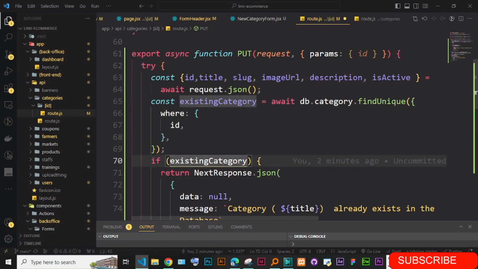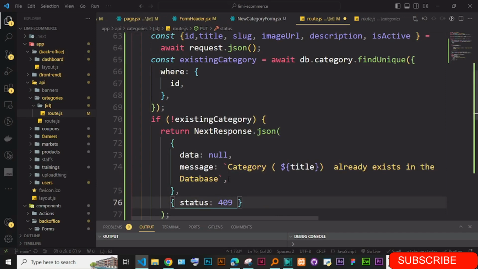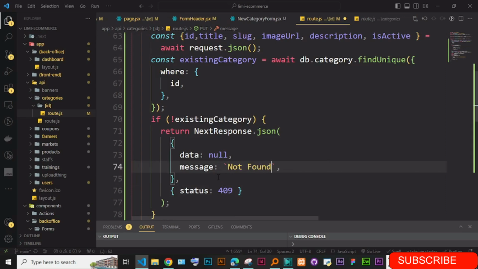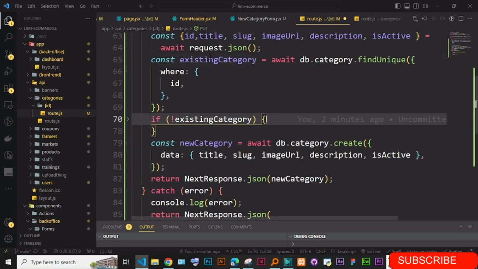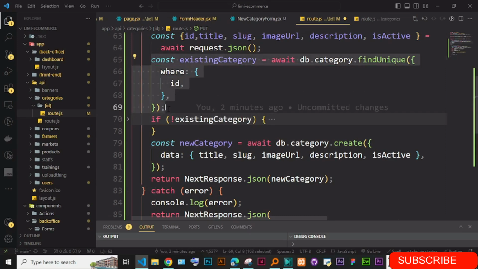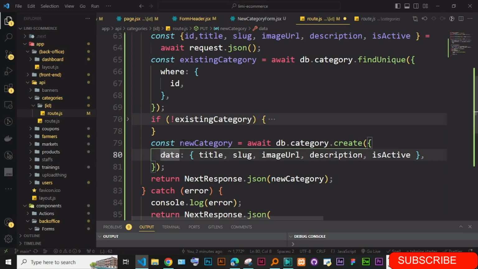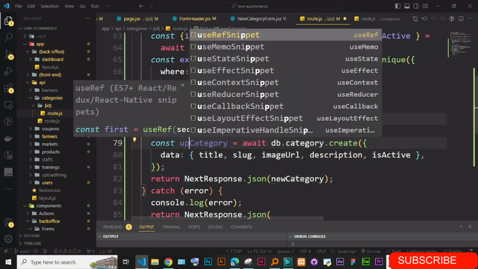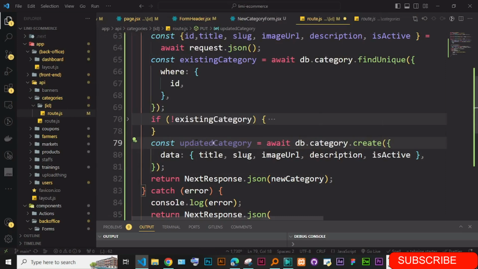If it doesn't exist, you could do something like this: data null, and you just say category not found. Category not found, and this one is a 404 error, if we don't find anything. If the existing category does not exist, but at this point we are very sure it does, you go ahead and find this category. Now we come here and say the updated category is going to be await